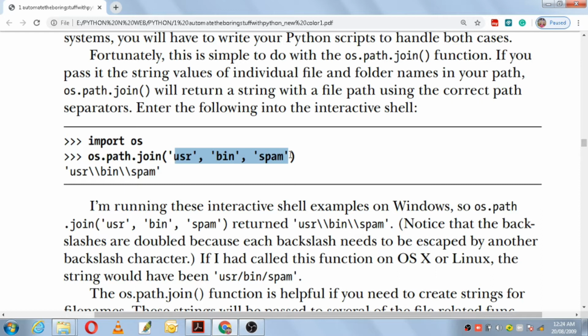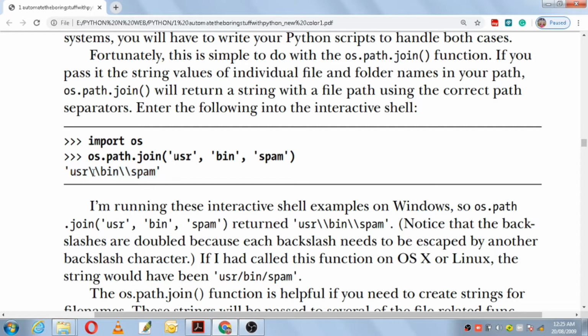Those strings are nothing but the file names or the folder names. Then your program will give the correct path of that operating system. It will come to know which path separator it is using, forward slash or backward slash.